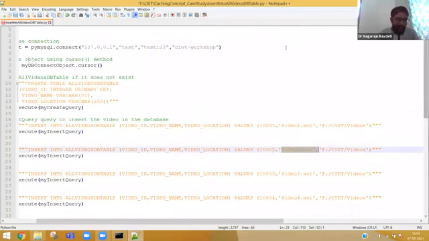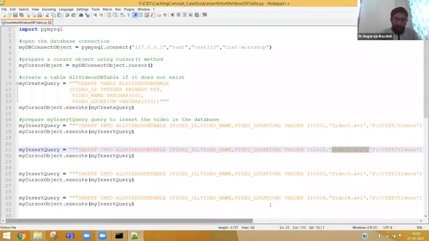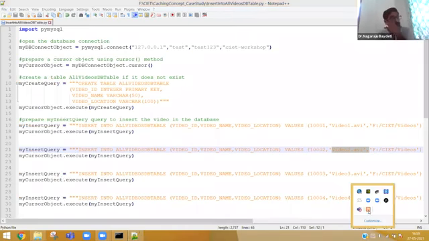So let me just repeat again. We need two tables, one with all the videos, another with only 3 entries, depending upon the user request. So initially you need to load the data in the all videos DB table. That is what I am doing here. Make sure your database is up and running before executing this program.